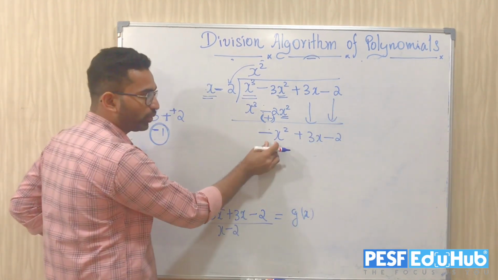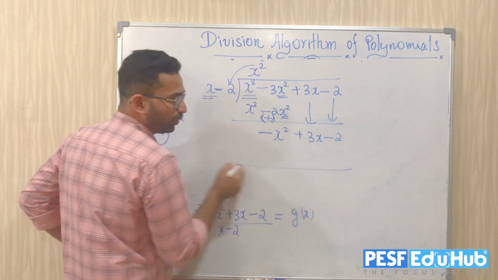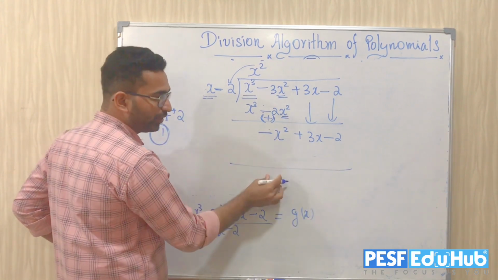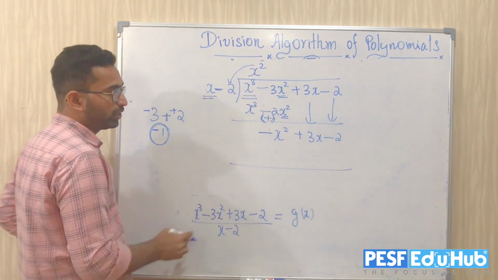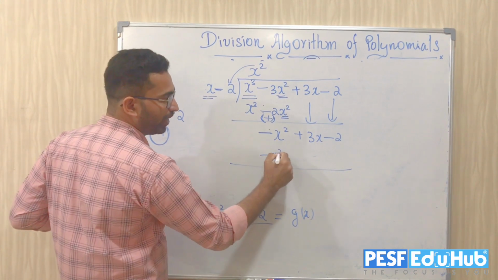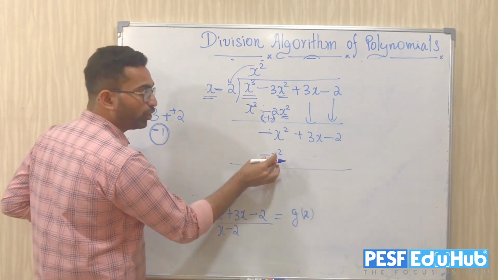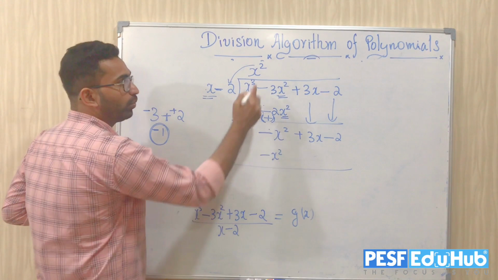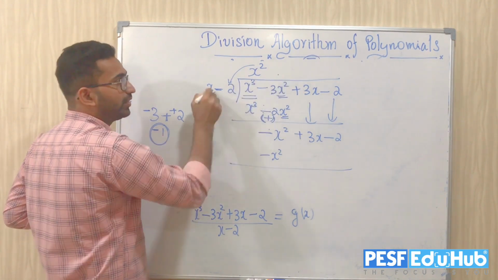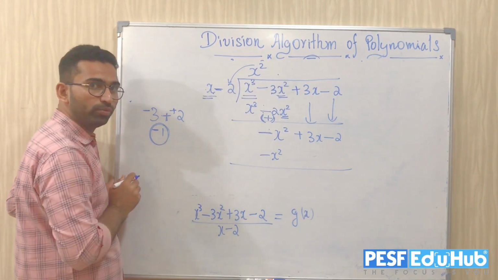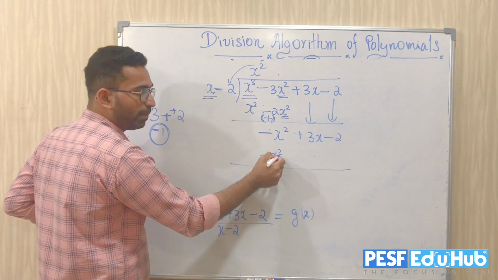Anyways, minus x square is here. So as I told you, when you write here, this should disappear when we move to the other step. So what I have to write, it should be minus x square I should write here. So in order to get this minus x square, what should I write here to multiply with the x? It should be how much? I have to get a minus x square.